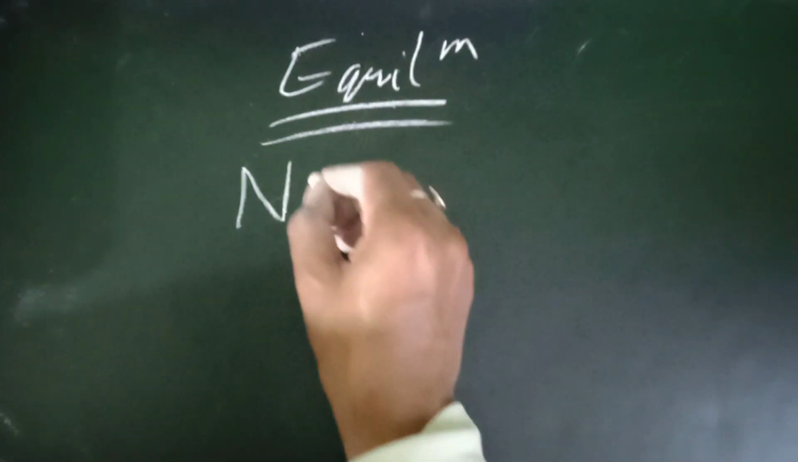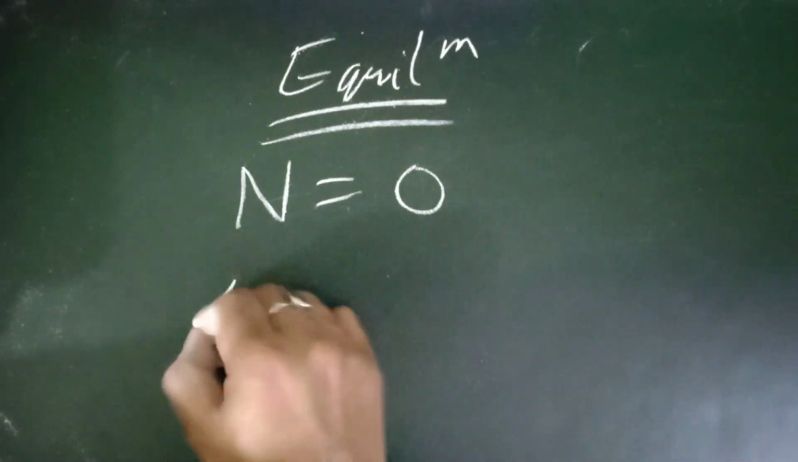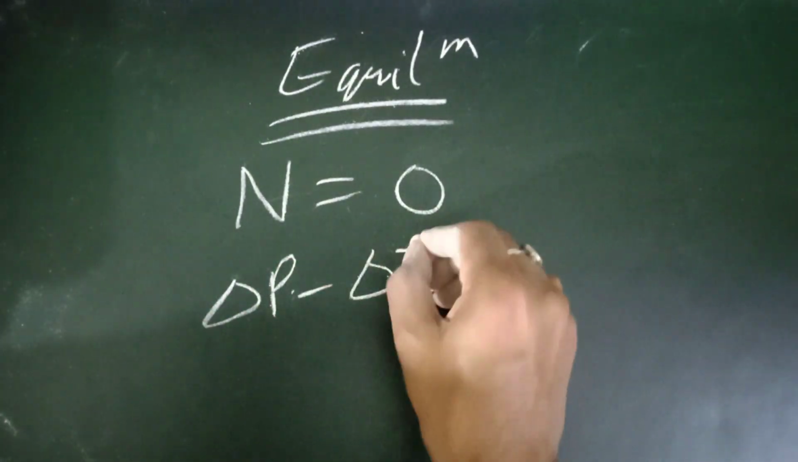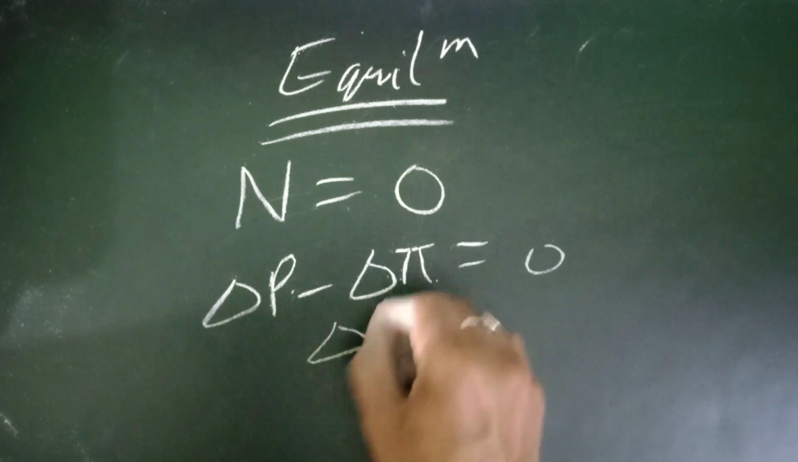So these are the whole equations, and one thing to remember is that at equilibrium the flux would be 0. That means delta P minus delta pi would be 0. That means delta P is equal to